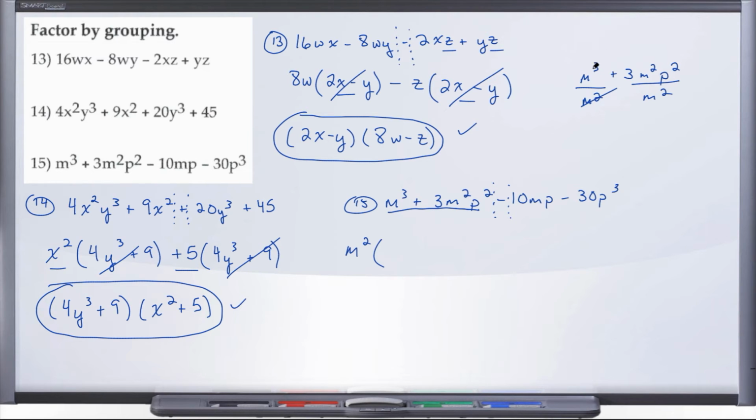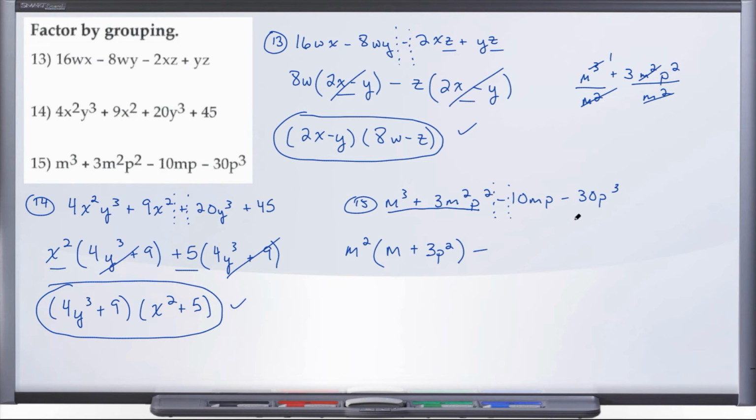Well, we're top heavy by how many? Well, 3 minus 2 gives us 1, so we're left with just an m. And then here, the m squareds cancel, and we're just left with a plus 3p squared. And now this minus sign just comes down,